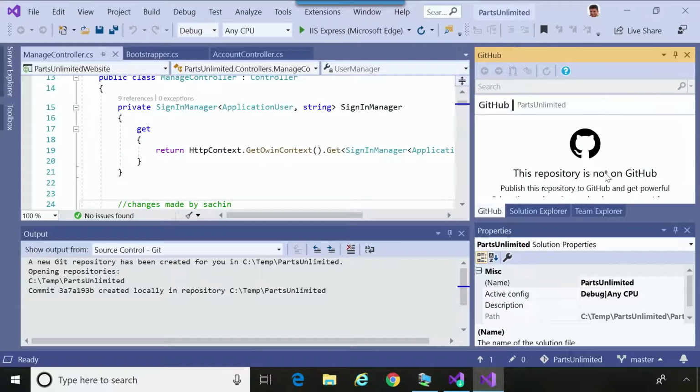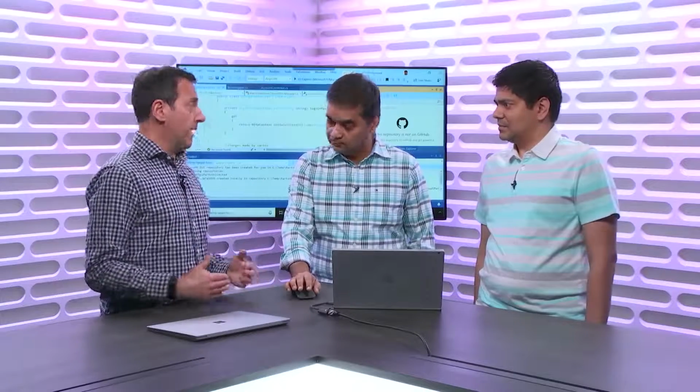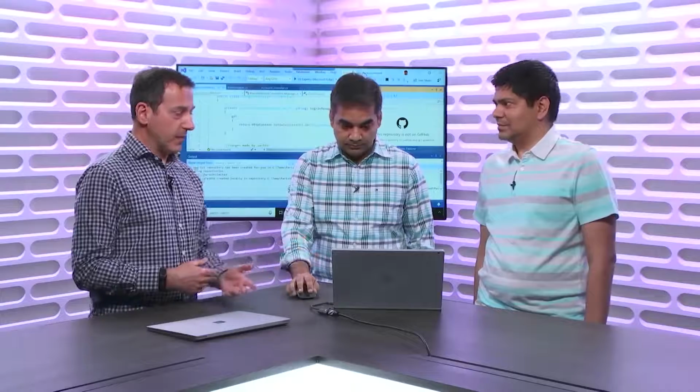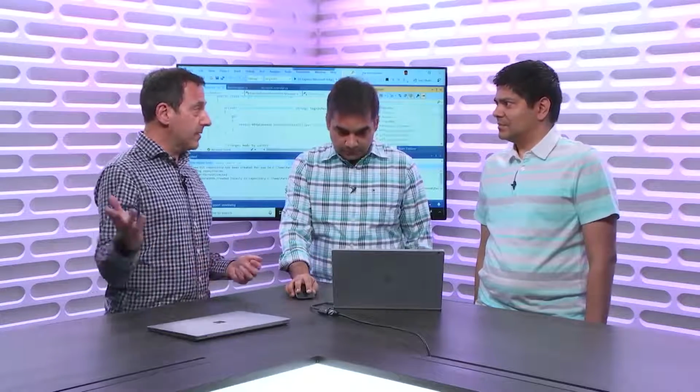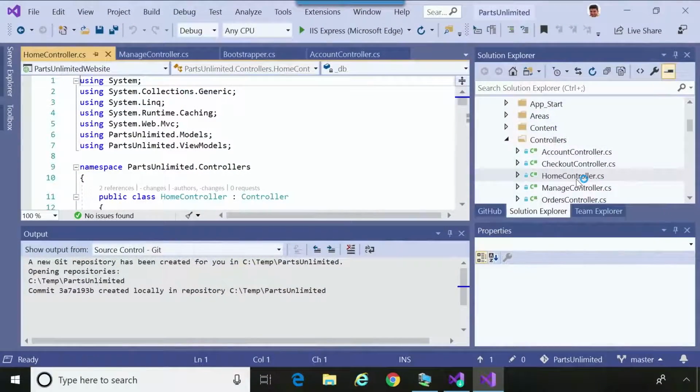So the key there is this is now under source control using Git, which is basically the source control plumbing. And then you could just use Git locally. You don't have to use GitHub. You don't have to use the other places that support Git, like Azure DevOps, and there's others. So again, getting back to one of the benefits of Git is because